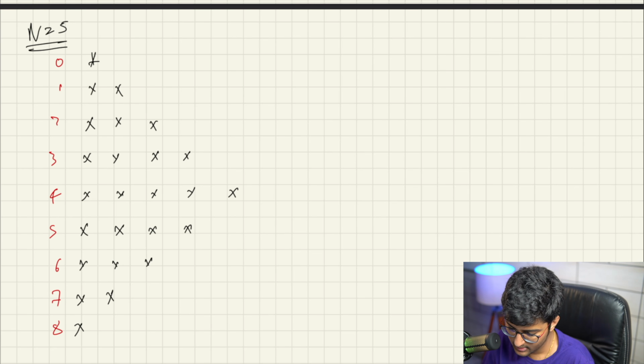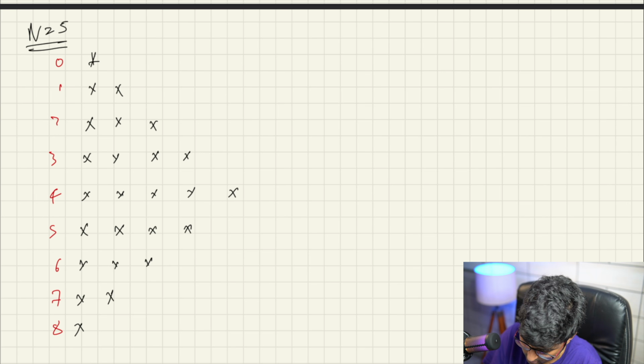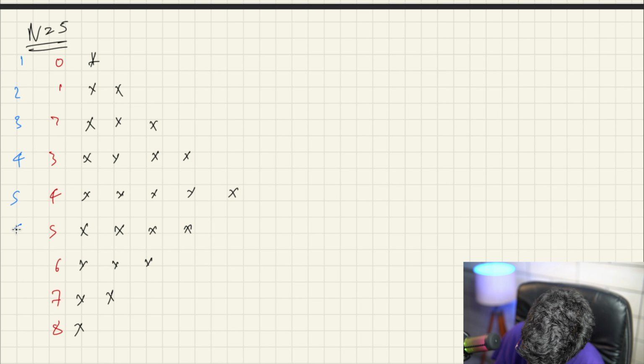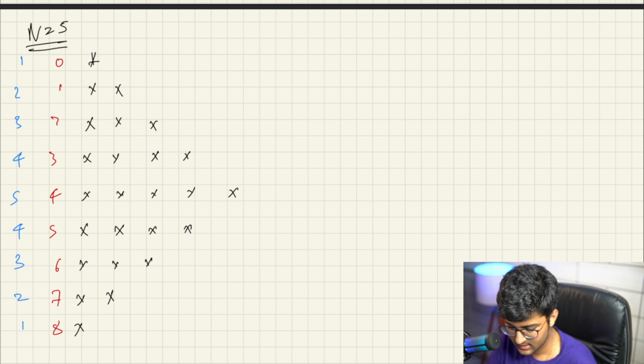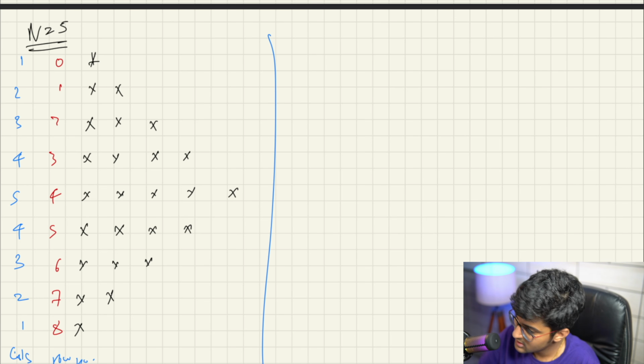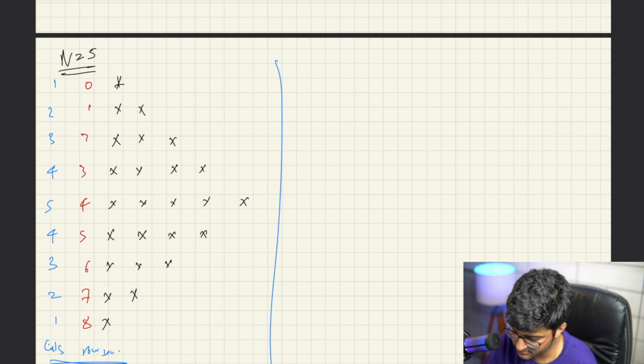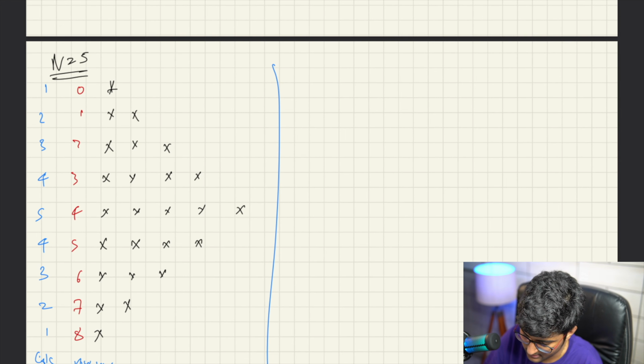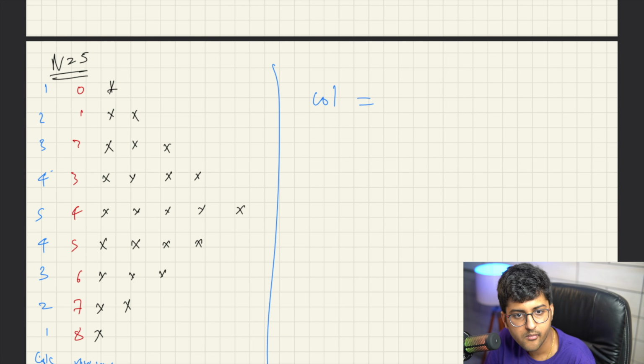That's fine. So here the number of columns is equal to what? The columns here are equal to 1, 2, 3, 4, 5, 4, 3, 2, 1. These are the columns. These are the row numbers. We need a relationship between these. No problem. So I can say the column at every row is going to be equal to what?